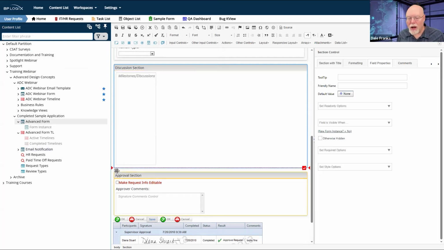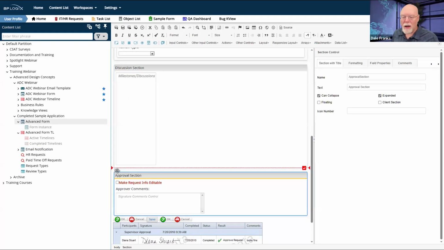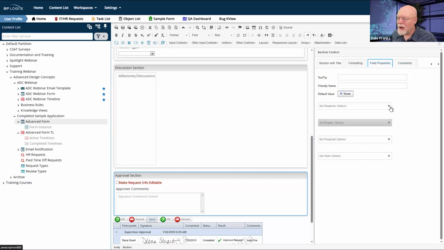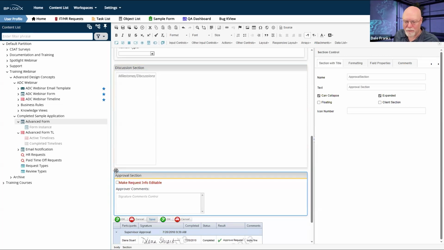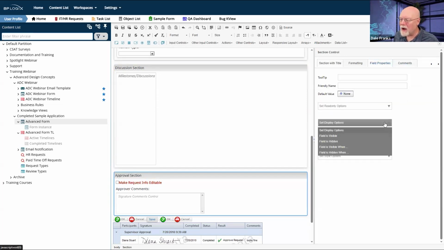And we want to do kind of the same thing down here, but we're going to have to add something a little extra. We need to set two properties here. It depends on how you want it to work, and this is where it gets tricky. If I am actually running in the timeline, and I only want this section to show while I'm running in my timeline, then I can simply say, all right, that's fine.